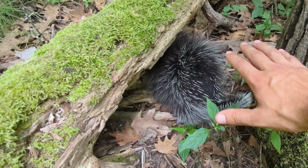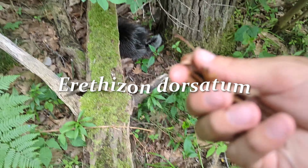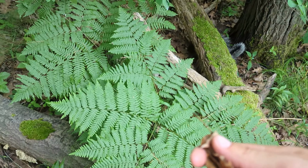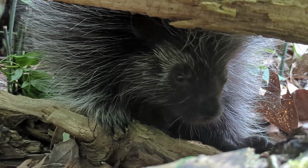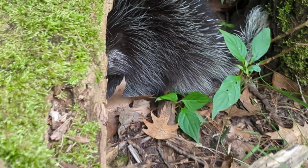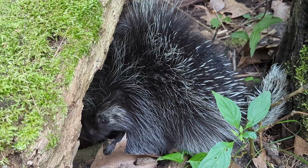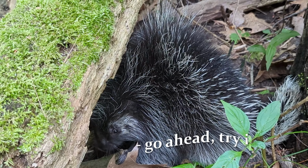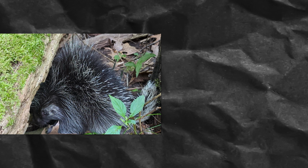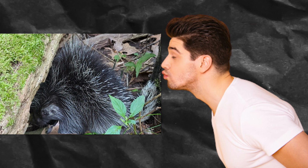The North American porcupine, also known as, is best known for its sharp quills protruding from its back. Contrary to popular belief, porcupines aren't just a big ball of spikes. Are you sure about that? You can see as I move closer to the porcupine, those back quills lift up and it enters that well-known defensive posture. Here you may be asking yourself, what would happen if I were to give the porcupine a little bit of a kiss, a little...